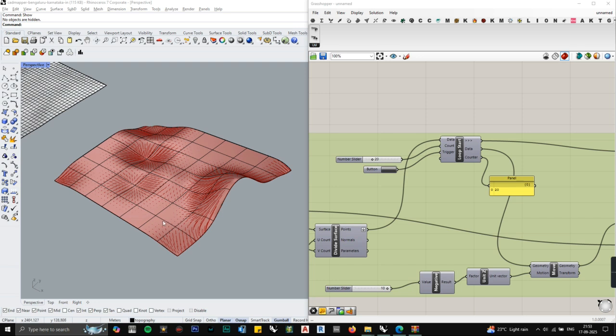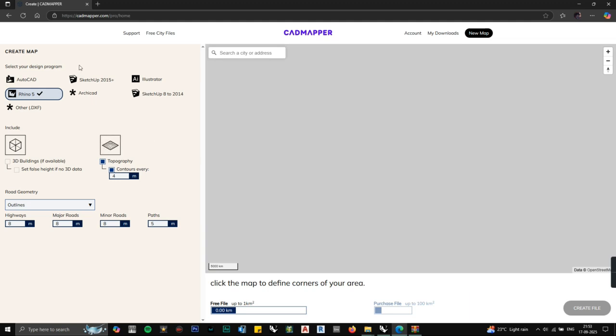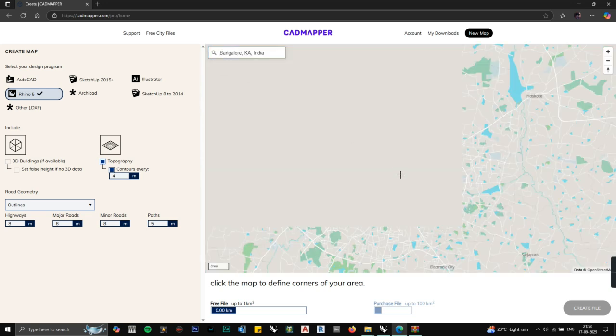So before that, I'm going to take you out of Rhino and introduce you to CAD Mapper. For those of you who do not know, CAD Mapper is a tool that helps you get contour data and geographical topography data for any place in the world to some accuracy. So when I go to cadmapper.com, I'll have to make my own profile, and once I log in, if I click on try now, I can go to any place in the world. I'm going to type Bangalore,